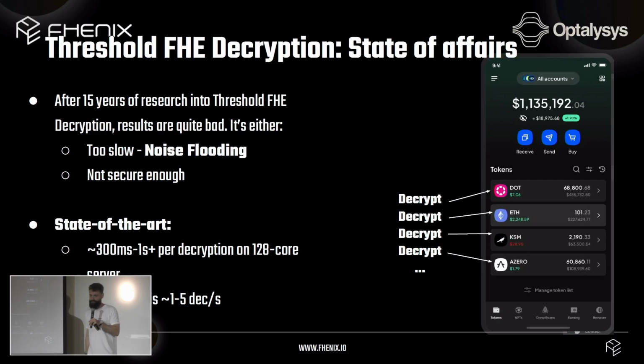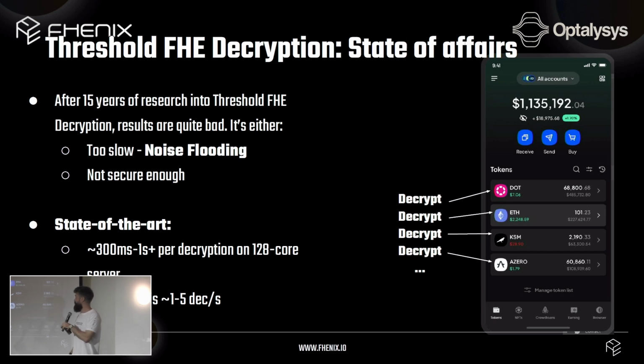I'm not going to dive too deep into it. I'm not a cryptographer myself, so I don't want to embarrass myself here. But this technique is taking like 99% of the computation time. Decryption without noise flooding can be very, very quick, but this slows down the process by a lot. In some benchmarks, we see between a few hundred milliseconds to maybe a second, depending on the bit size, per decryption. And it sounds not like a lot, right? It sounds fine. Throughput is about 1 to 5 decryptions a second.